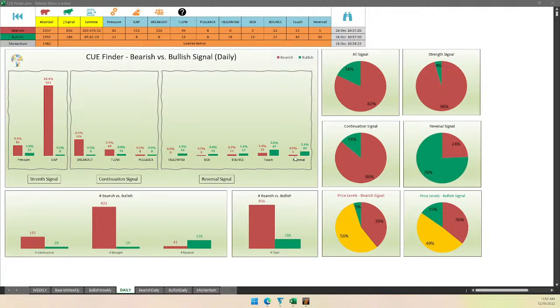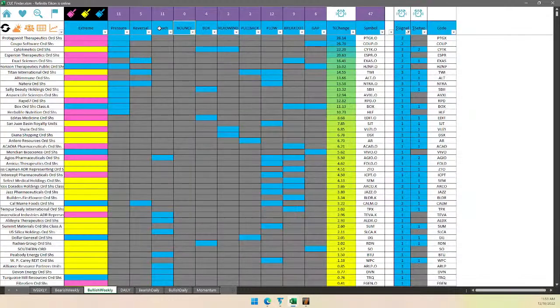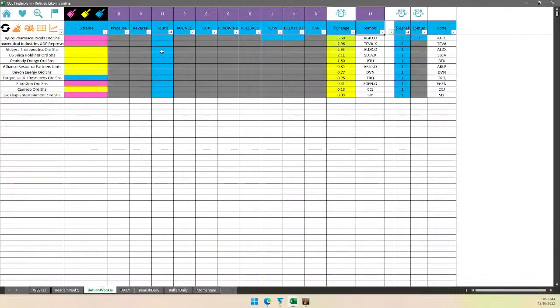Okay, why not? I have some time. Yes, I have a few more minutes. Let's take a step back. Let's look for stocks that are at weekly trendline support. So I came to technical breadth, weekly signals. From there, I went to bullish signals and flagged for stocks that are touching trendline support. I came up with 11 stocks.